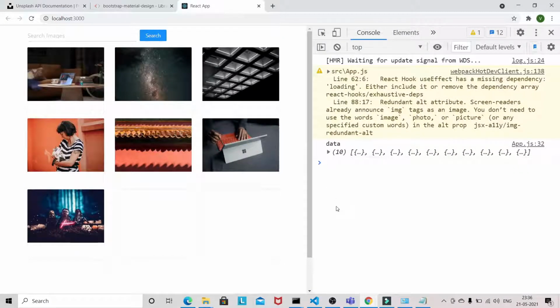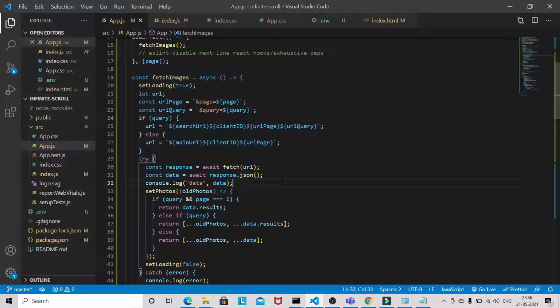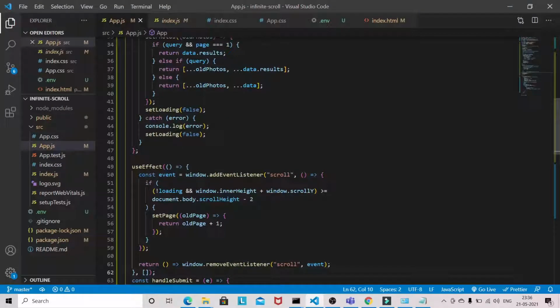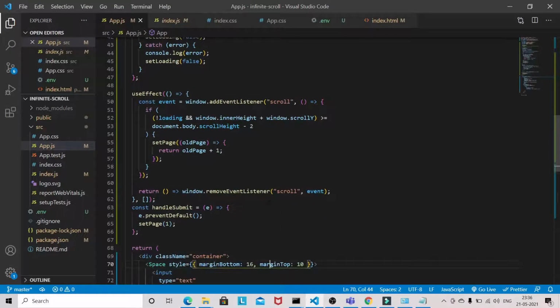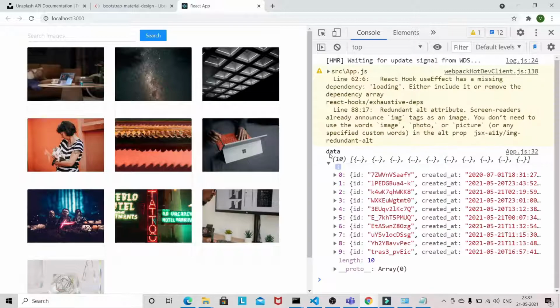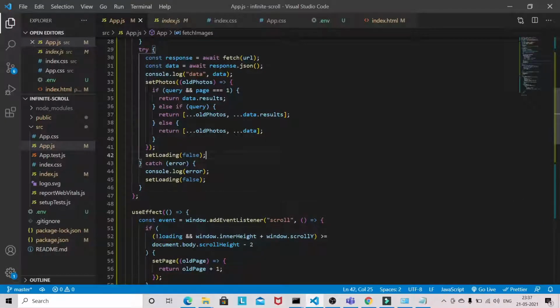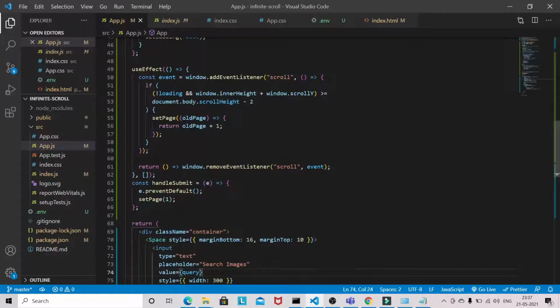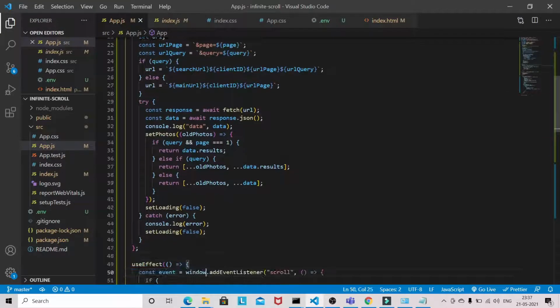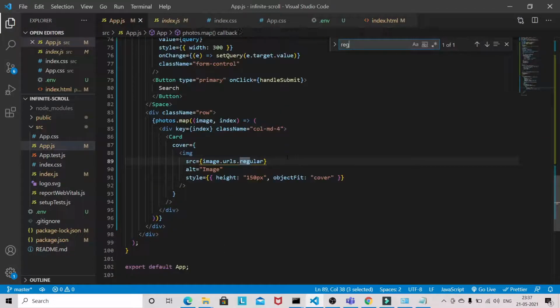Okay, now you might be wondering why I have written data dot results here. So this is the overall result. Okay, now you might also be wondering about this one, right?